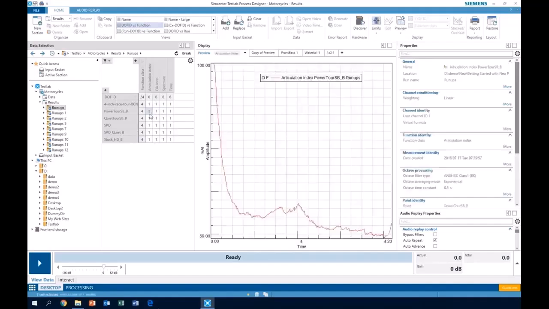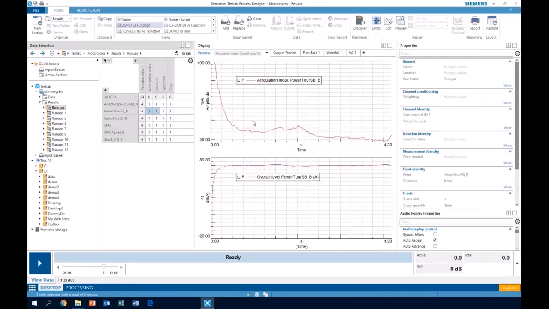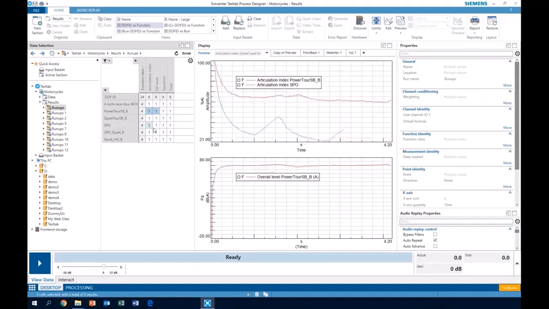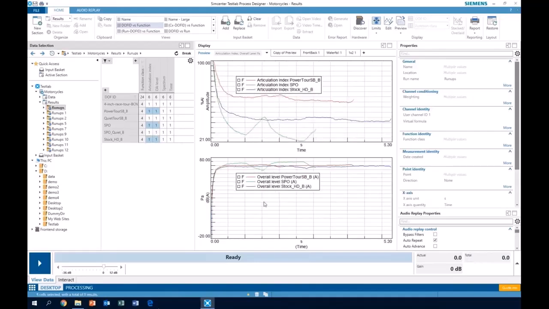And so now if I click on articulation index, it brings that up, but it's kind of nice. If I wanted to see overall level at the same time, I just click there and it automatically configured itself to show me both the articulation index and the overall level. And as I click around, like holding down control key, for example, automatically shows that up. And notice articulation index is in regular amplitude.